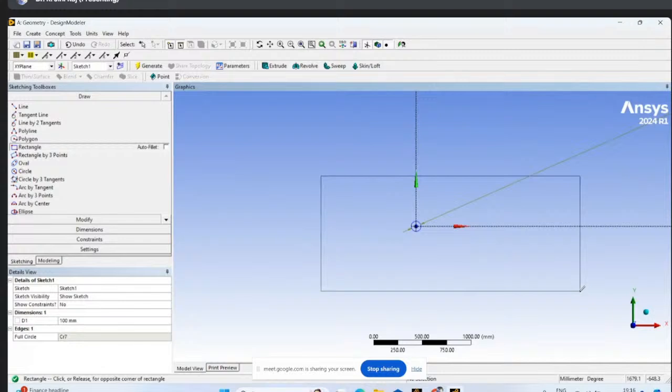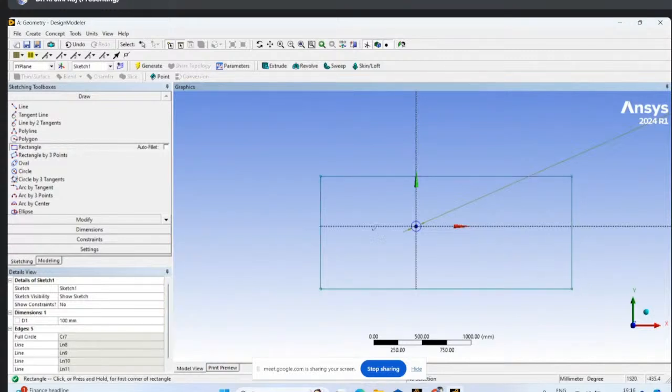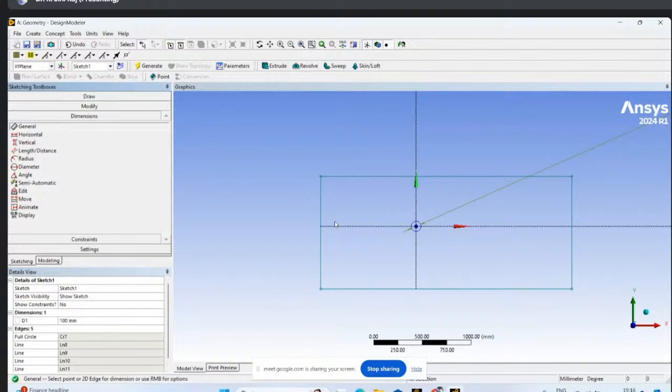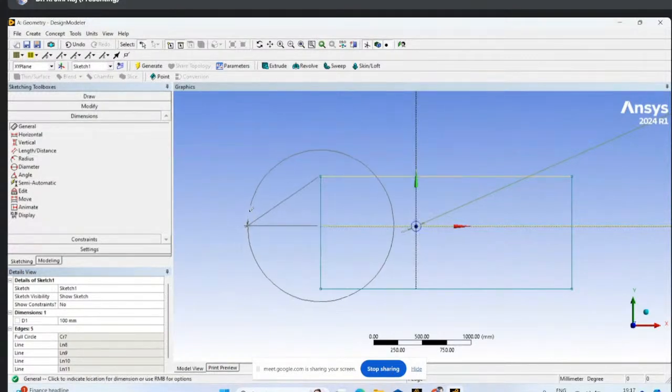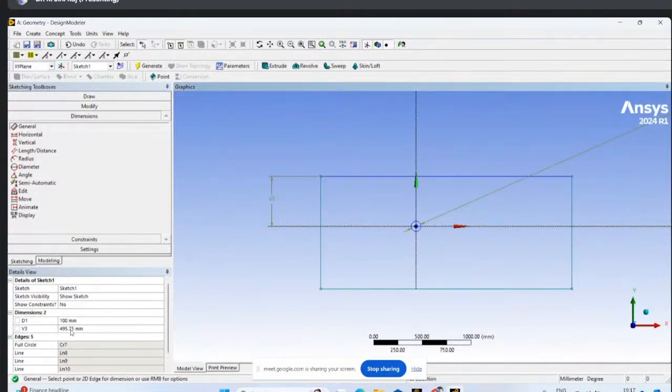rectangular control volume. I'm drawing one rectangle here, and for this rectangle I am going to give the dimensions. For giving dimensions, there are certain thumb rules. At least in front of the body, it should be minimum 5 times